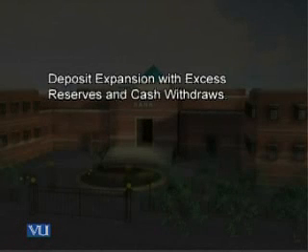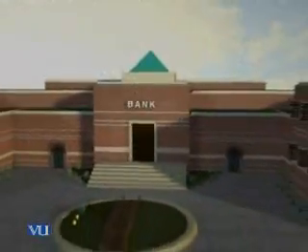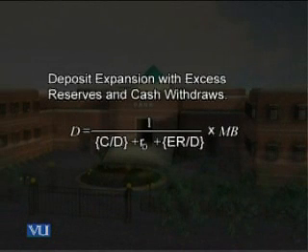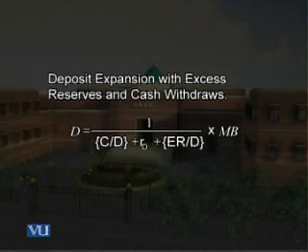Now deposit expansion with excess reserve and cash withdrawals. Because earlier, when we derived a very simple formula, we said excess reserve ratio is 0 and we also said that currency withdrawal is also 0. C over D was 0. But having a positive C over D as well as a positive excess reserve ratio, now we can have this relationship: that deposits are equal to 1 over currency to deposit ratio plus required reserve ratio plus the excess reserve ratio